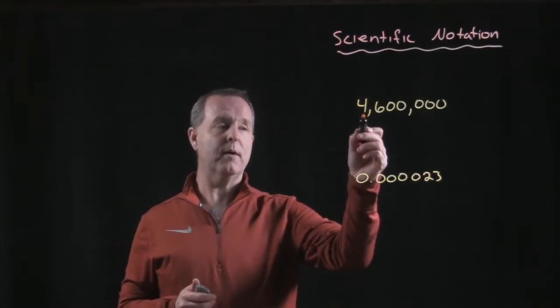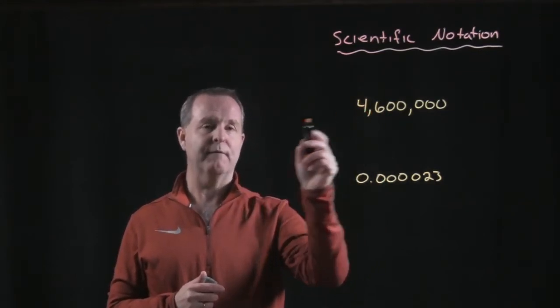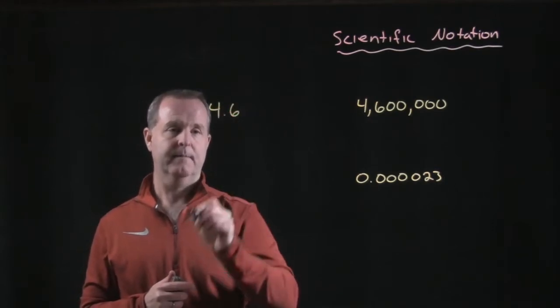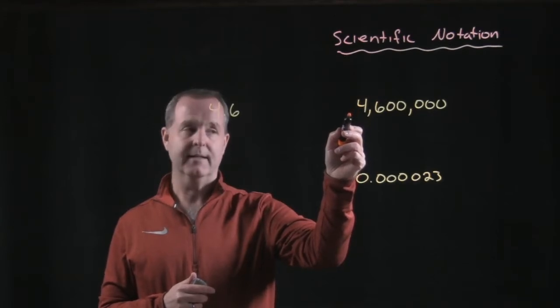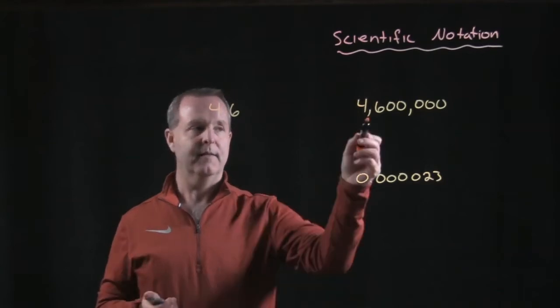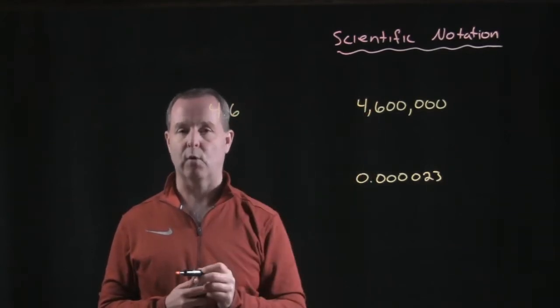So in this number, 4,600,000, the decimal point needs to be after the 4. So this needs to be 4.6. If I had the decimal point before the 4, it'd be a number less than 10. If I had the decimal point after the 6, it would be greater than 10. That's why the decimal point in my scientific notation format needs to be between the 4 and the 6